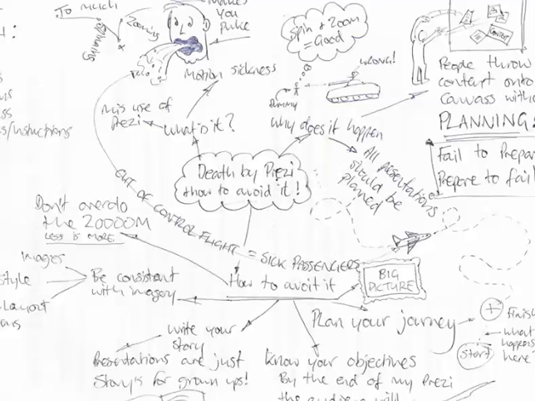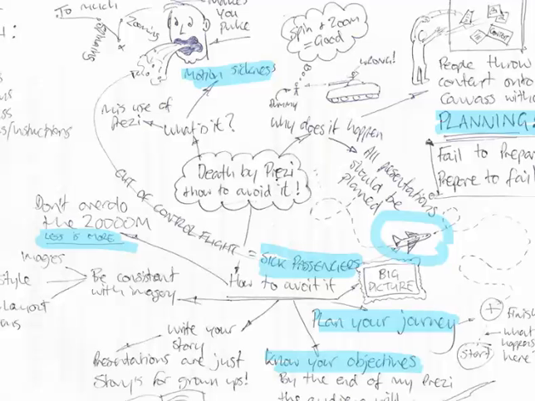So when I started with just a piece of paper and a pen, I had absolutely no idea that the theme of my presentation was going to be based on flight. Okay, that concept came from this mind map. And I'm just going to highlight some of the words here that enabled me to come up with that concept. So you can see we've got things like planning your journey, sick passengers, motion sickness, and also a little picture of an aeroplane that I drew when my brain started to come up with this theme of flight.